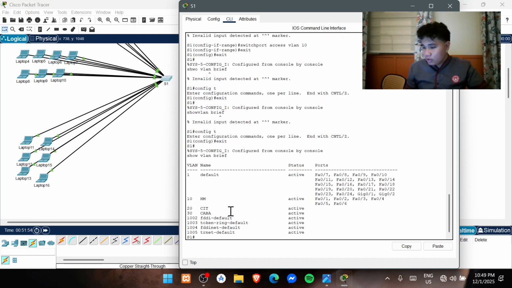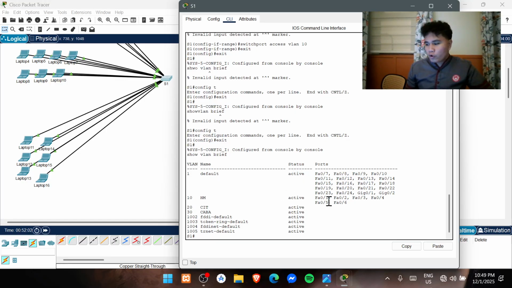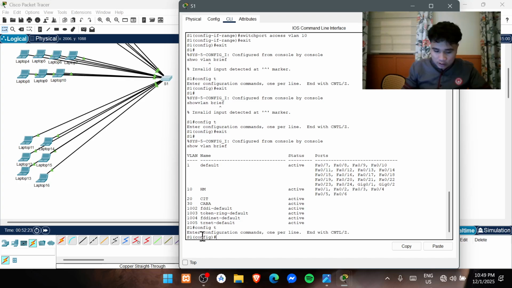So as we can see here, we already assigned the VLAN 10 for the HM to FastEthernet 1 to FastEthernet 6. That's what I've been mentioning before. So let's move on in the CIT. Now let's config t. Let's use a shortcut, and now interface range FastEthernet 0 to